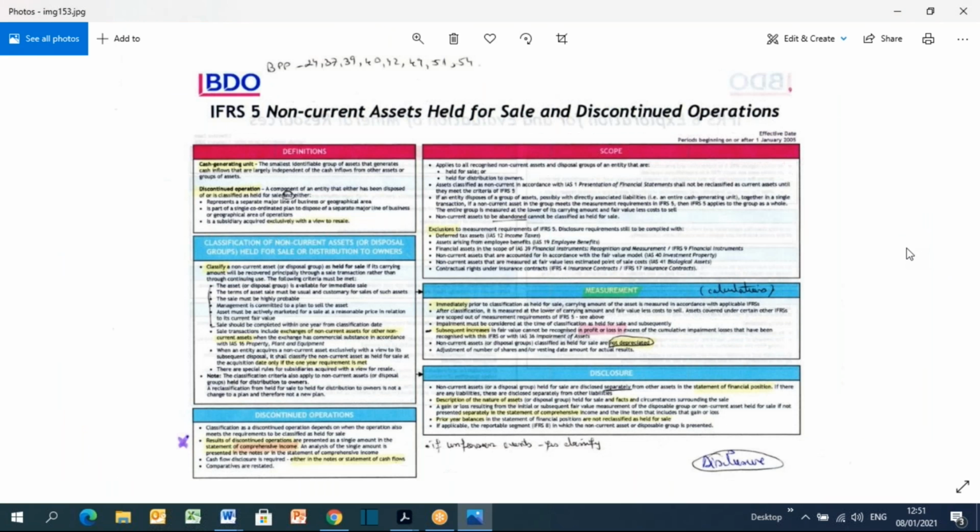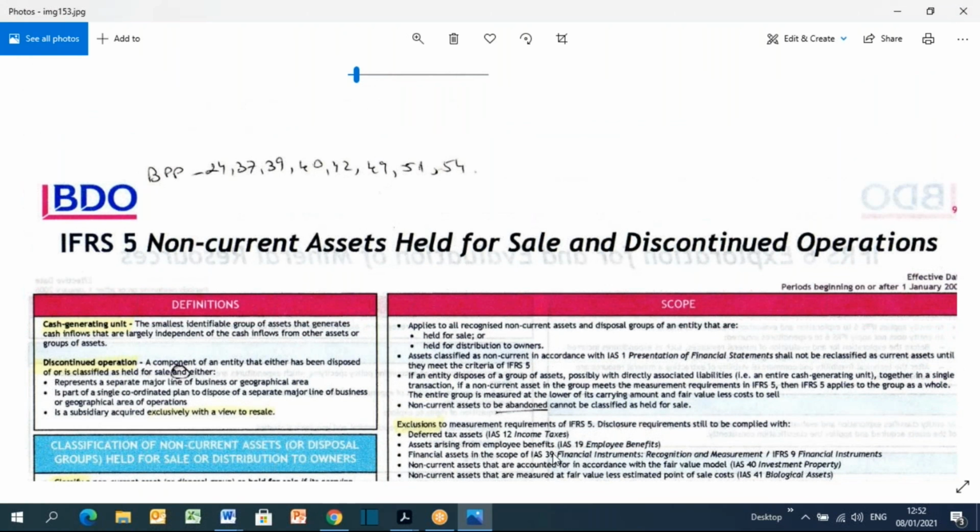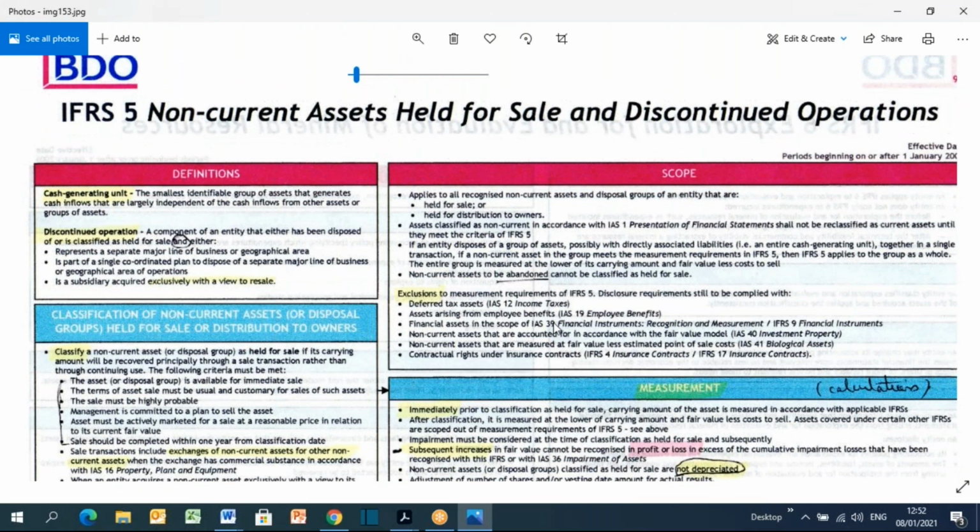If we move on to IFRS 5, non-current assets held for sale and discontinued operations. This is such an important standard again. So many questions are asked about this standard, as you can see in here. If I zoom in a little bit, as you can see, a lot of questions in here. What is the definition? What is a discontinued operation? You should know this definition by heart. What you should know from this is